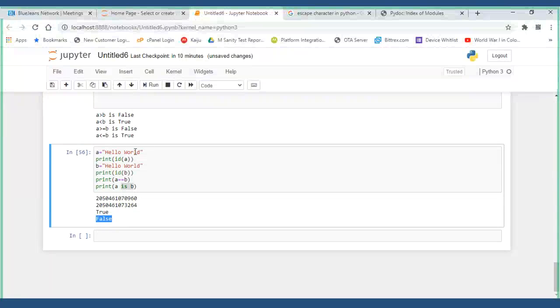But the content of A and content of B are same, that's why it is giving me the result as true. Double equal to checks whether the contents are same or not. Is compares whether both A and B are using the same object or not. Is it clear till here?